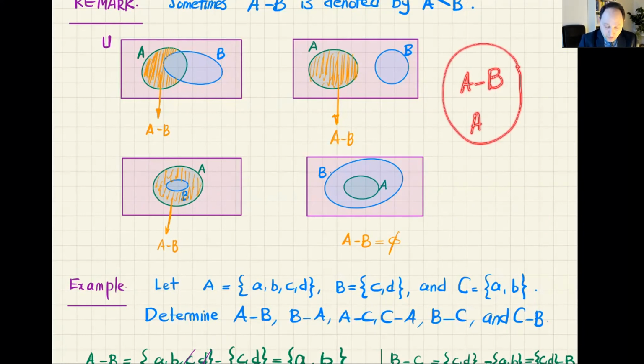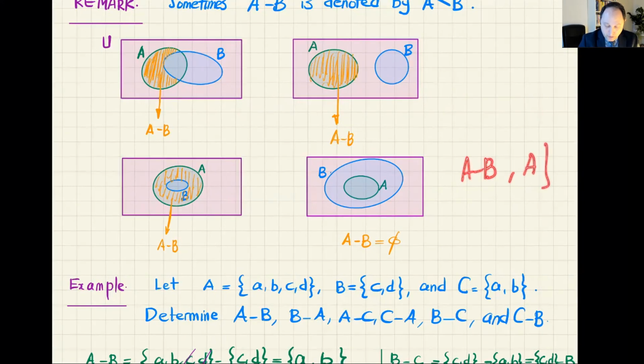Of course, for example, you see in this Venn diagram that A minus B is exactly equal to A. But here in this picture, you see that this is not exactly equal to A. What is the general relation between A minus B and A, which is always true? A minus B is a subset of A. Yes, exactly. This is good to know that A minus B is a subset of A, because actually